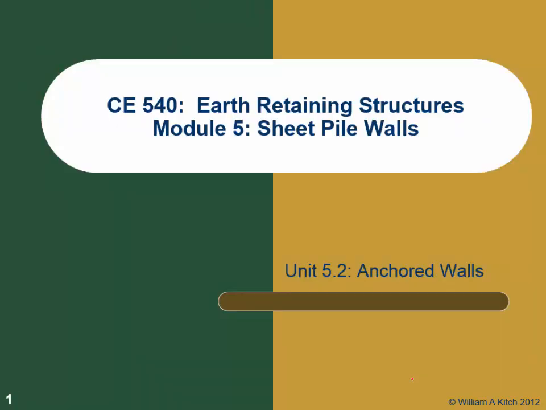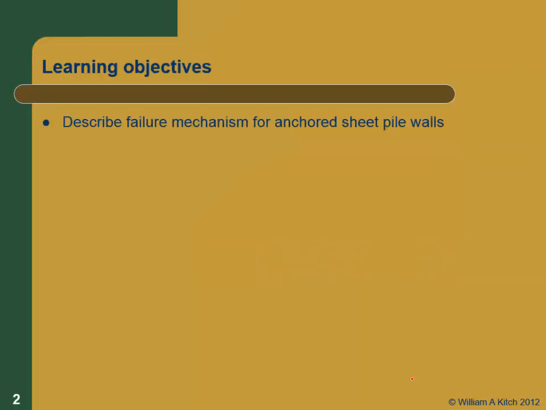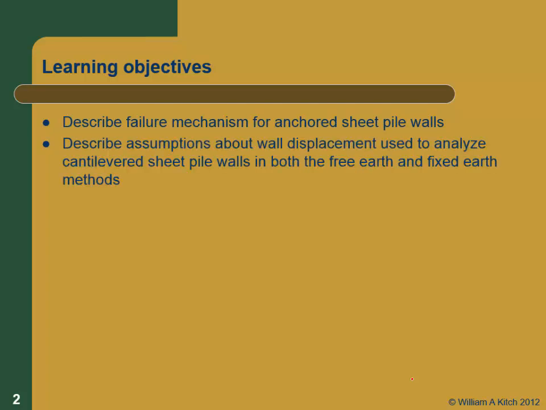So we're going to cover anchored walls today. We covered cantilevered walls last time. The failure modes for anchored walls are different than they are for cantilevered walls, so we'll need to describe those failure modes, and then the assumptions we use to analyze them. This problem is statically indeterminate, unlike the cantilevered walls, and so we'll have to make some assumptions about how to